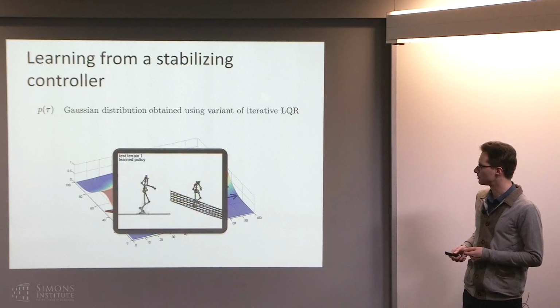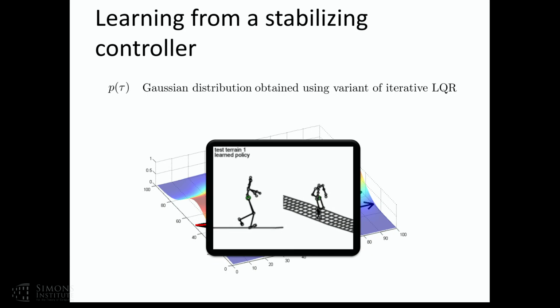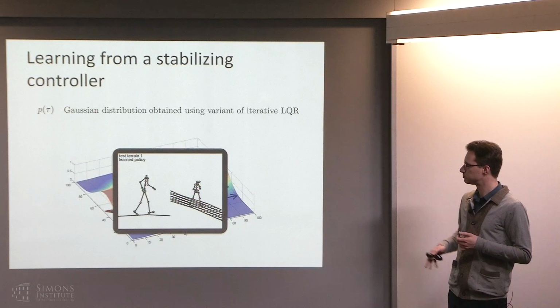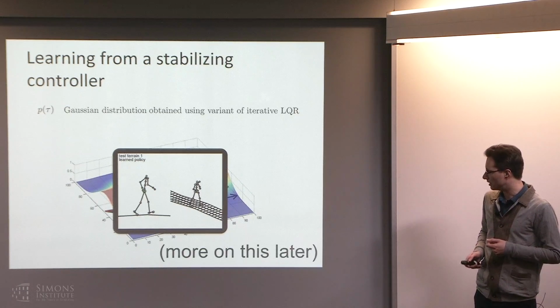I'll skip this part, but I'll show you just a result. So this is a video of a full physics simulation of a 3D humanoid running on uneven terrain. The humanoid here is controlled by a neural network that at every time step takes in the state of the system and outputs joint torques. The example here consisted of a motion capture sequence of a person running that was then augmented with a stabilizing controller to generate these perturbations, to build a neural network that could actually stabilize the full 3D physical system. So that showed, and to me, part of the reason this works is very similar to the reason why the car driving stuff works. But more on this later.